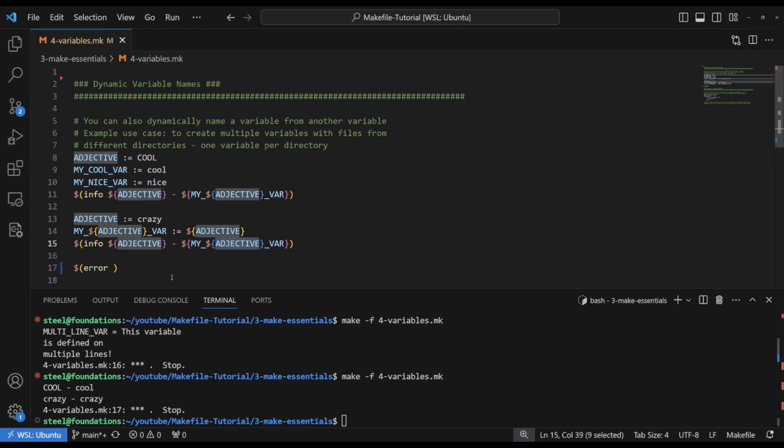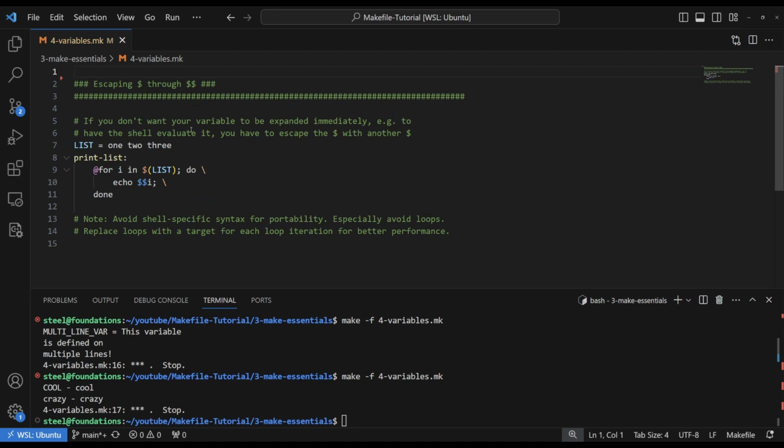Now, finally, let me erase all that. Finally, sometimes you have a variable that you don't want to evaluate, you don't want to expand immediately, or you want to avoid expanding whatever variables. Essentially, there are cases where you don't want to immediately use a variable. I came up with one over here. It's a little bit contrived. There are cases that we'll come across in the future where we learn about more advanced topics, but for now,